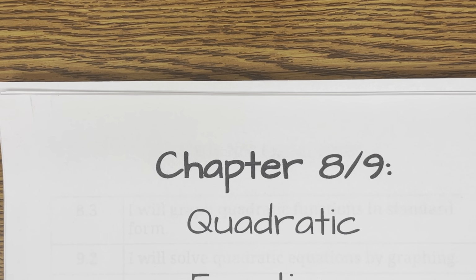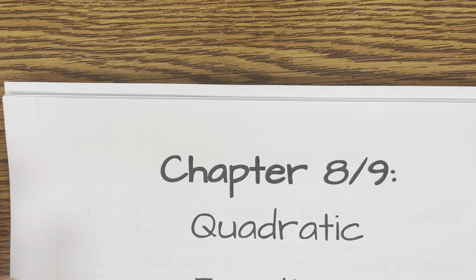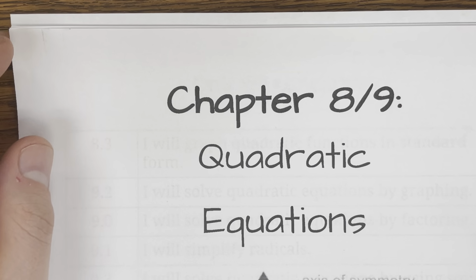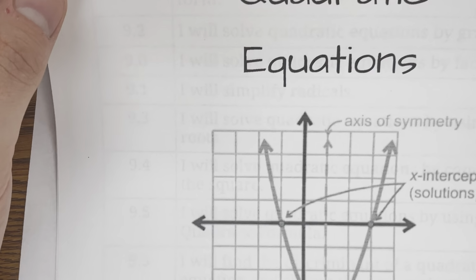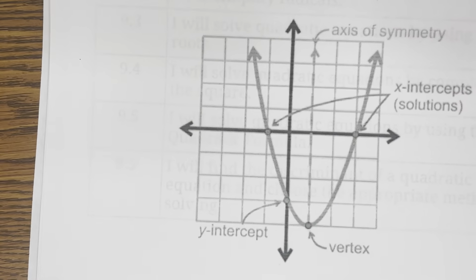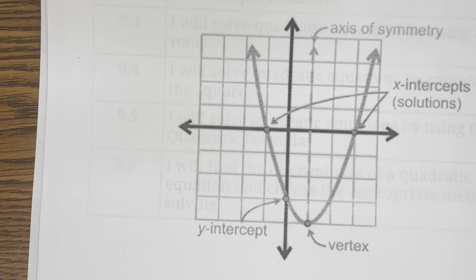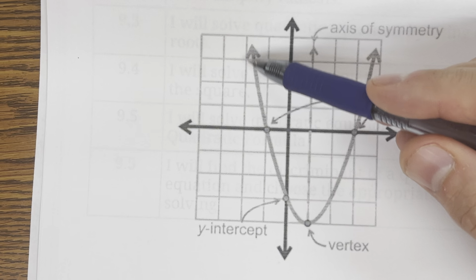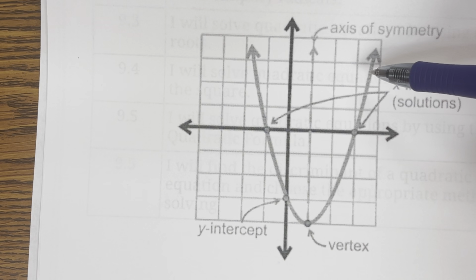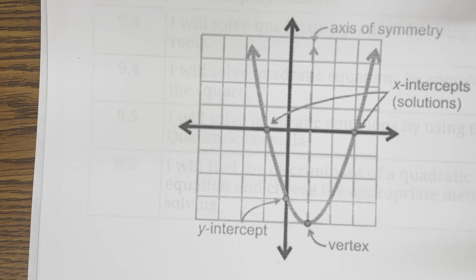All right, Mr. Ahmed here to start up our Chapter 8 and 9 unit, which involves quadratic equations, okay? For our quadratic equation, just a couple things. We're going to take a look at this cover page, and we're going to talk a little bit about what we have going on. And a quadratic equation is going to be a U-shaped graph that consists of a lot of parts, okay? The couple things that we're kind of looking at here are